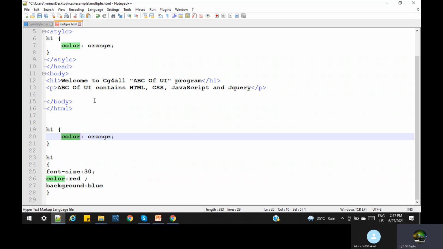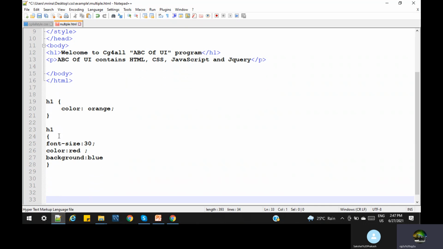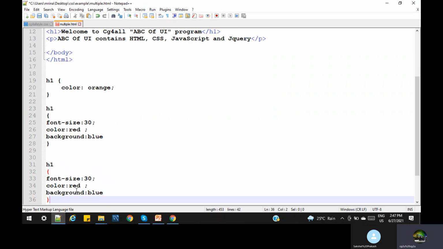The internal CSS is more specific, right? So when we run this, what will the browser take? The browser will display font size 30, and the color should be orange.